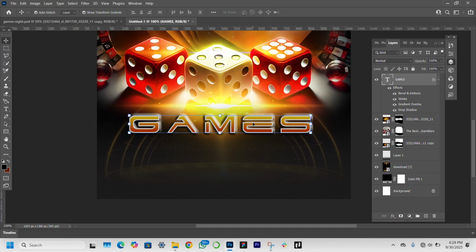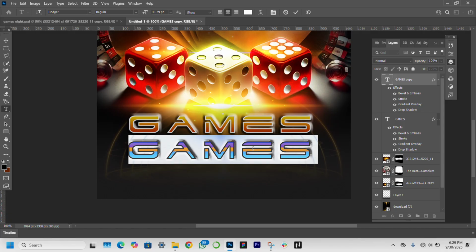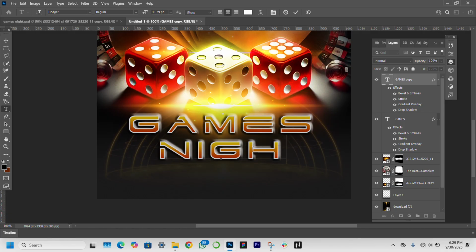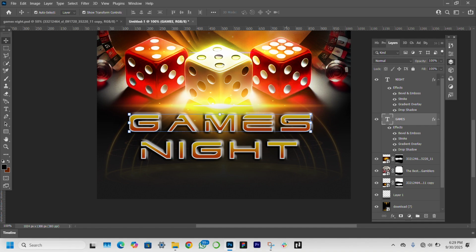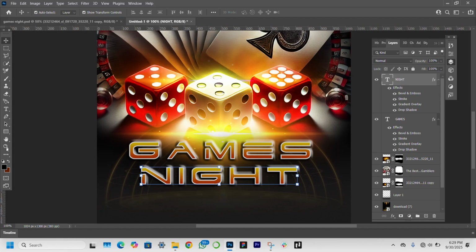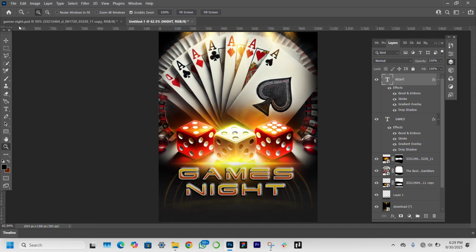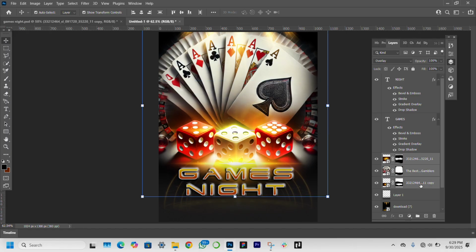Next thing I'm going to do, I'm just going to hold my Alt and I'll drag it this way, and then I'm just going to type NIGHT. Okay, so I have something like this. Next thing I'm going to do after I'm done with adding all this, I'm just going to add some text beneath this image. But before that, I'm just going to adjust this so that there will be space for me to add my text. Okay, so I'll just click this, shift this, and then together with my text, Ctrl T,